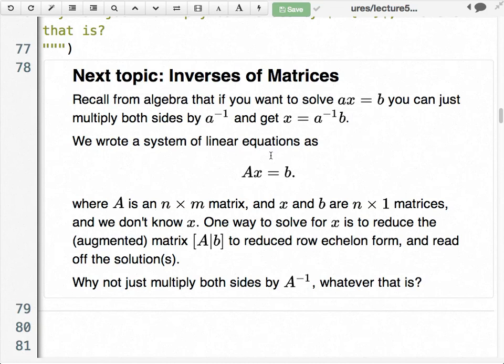So you might have had a constant that you had to subtract from both sides to get it in this form, but this is how you solve a linear equation in algebra. And you can do something similar in linear algebra, which turns out is more than just doing algebra with linear equations. So you can multiply both sides of this by, say, the inverse, whatever that means, if it exists. And we'll define it in a moment. And then what happens is you end up with x equals A inverse b. And then that solves your equation.